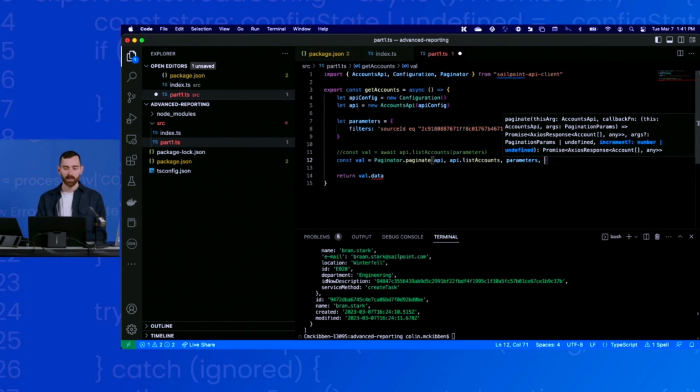So the increment allows you to specify what the limit of that request is going to be, and then how much it's going to offset for each page call. So if I say 10, that means every API call that the SDK is going to make is going to have a limit of 10, and it's going to increment each API call by 10. So it's going to get the first 10, then the second 10, then the third 10, until it has no more records to get. So it will handle all the looping of the pagination until there's no more records for you. You just have to specify how many records you want within each call. So if I say 2,